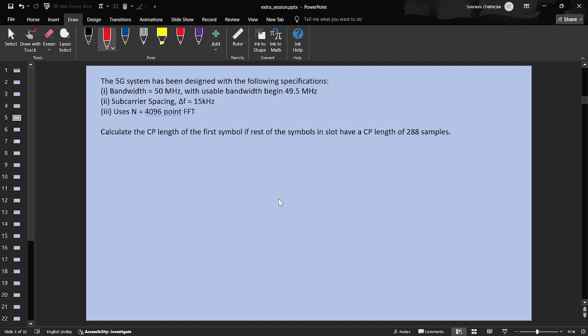So first we need to calculate the number of sub-carriers. How many sub-carriers will there be? IFFT size is given, so you have 4096. So in each symbol, by the way, how many bits are going to be there? Let's talk about each symbol,